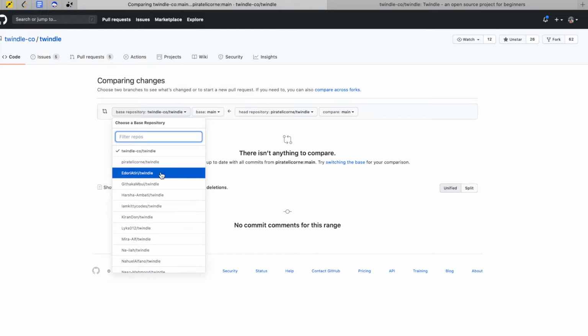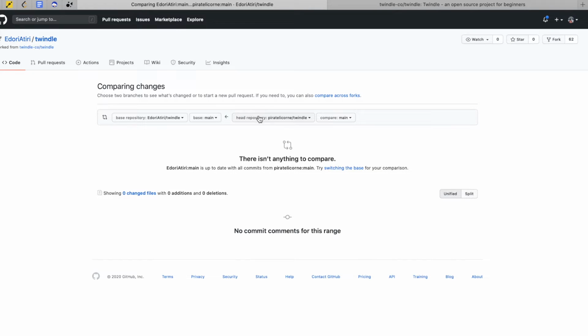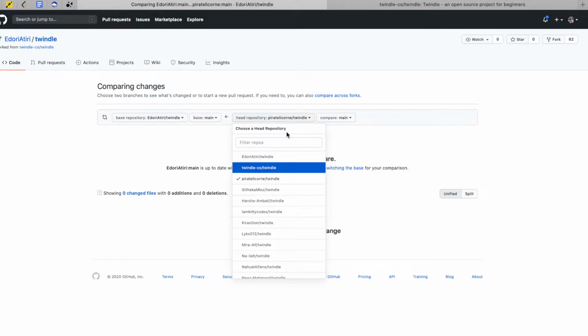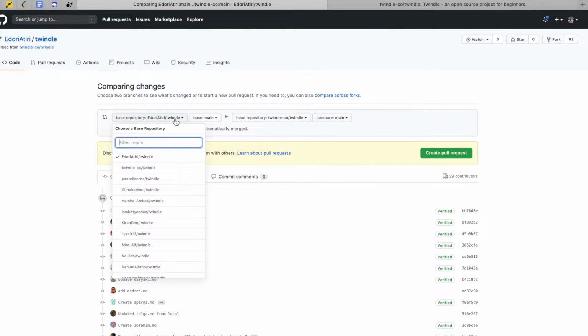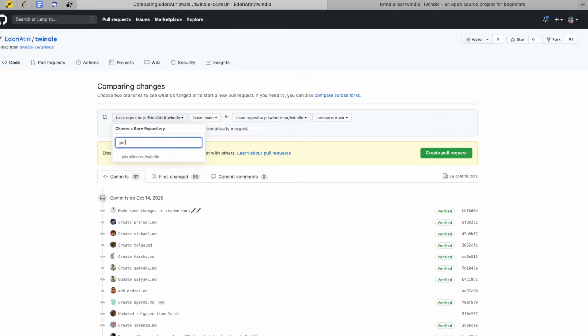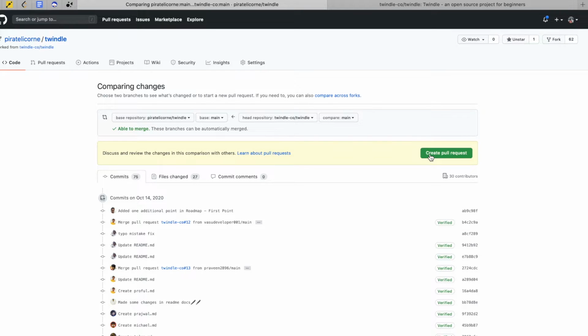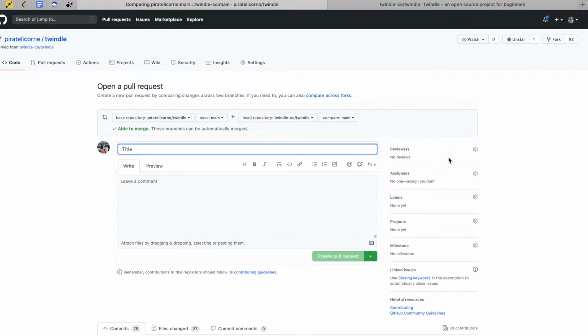I'm gonna select other person, because if I select myself, the option is gonna disappear. So I'm gonna select that I wanna take the changes from Twindle Go, and I'm gonna select my user. You can also type and look for your user. I'm gonna find mine because I don't want to merge anyone else, and I'm gonna do the pull request. In this case, I'm taking all the changes from Twindle to my branch, to my repo. So I'm gonna do it. I'm gonna type